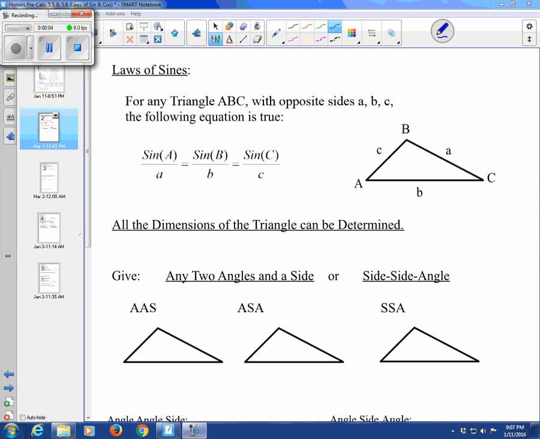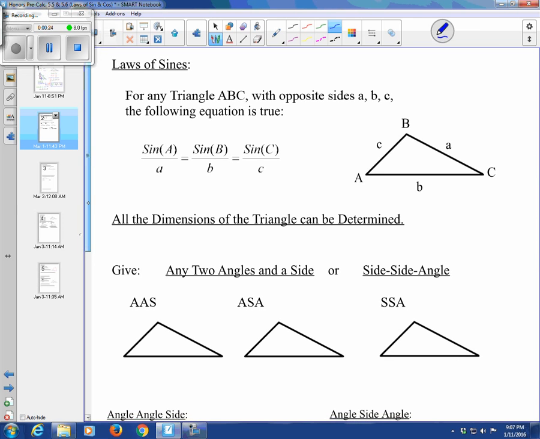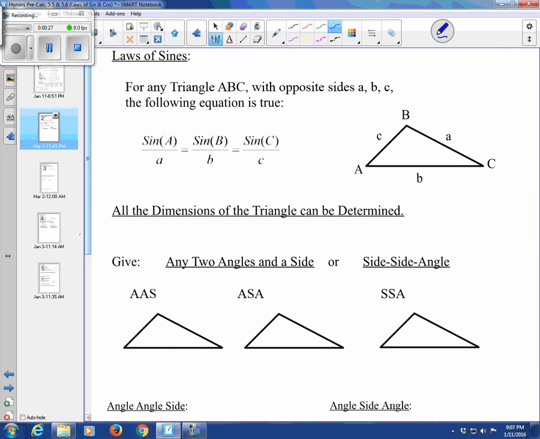Okay, so in this video we're going to talk about using law of sines to solve for all the dimensions of a triangle. We know law of sines is basically telling us that for all triangles, the ratio of the sine of an angle to the opposite side is equal for all three angles and their corresponding opposite sides. And what we can say is, if we're given three dimensions that include one ratio, one angle and its corresponding opposite side, then we can use that ratio to solve for all of the dimensions that we're missing